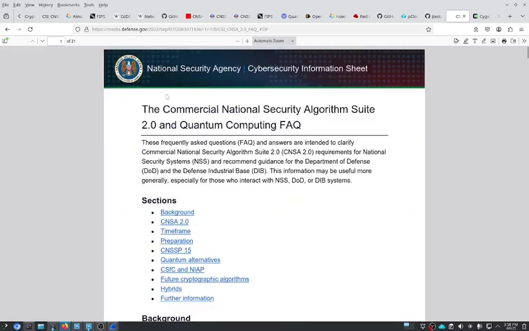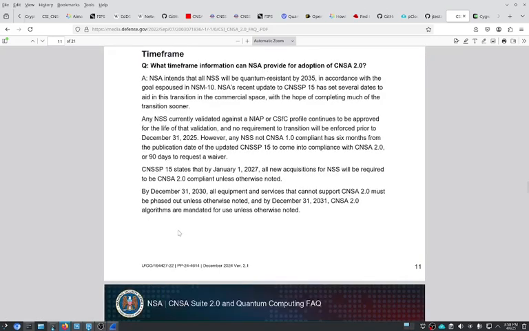And the requirements set that we're going by here is called the Commercial National Security Algorithm Suite. Now, right now, version 1.0 is in effect. Version 2.0 is not in effect yet, but they've already published it in order to give people time to go ahead and switch. And if we look here at the timeline, I'm not going to read the whole thing, but the gist of it is that they want everybody to start switching over